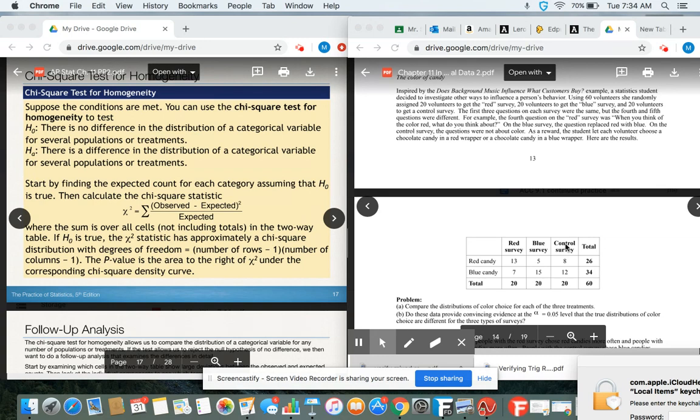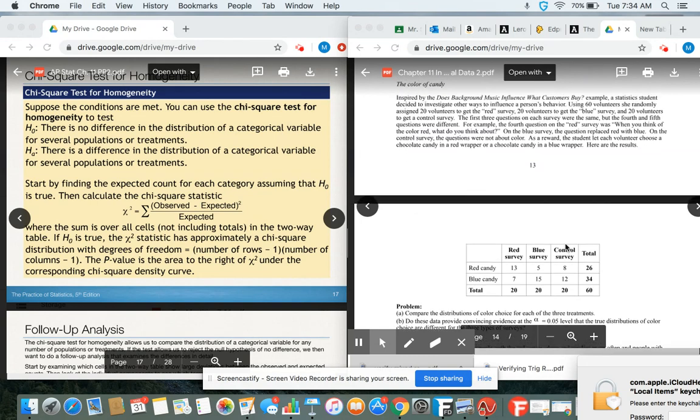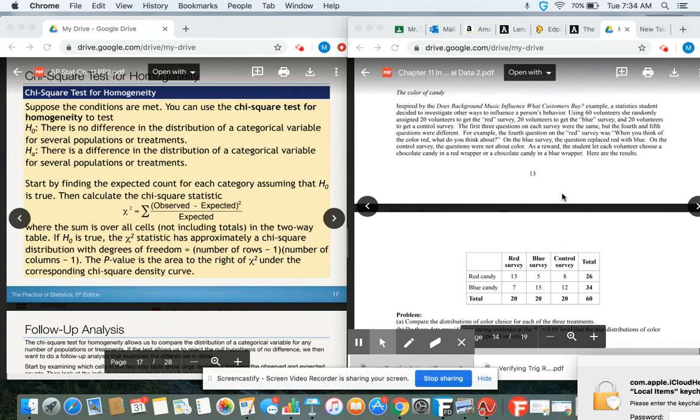All right. So to highlight chi-square test for homogeneity again, just want to make sure we're okay with this. Our HO and our HA, right? There's no difference in the distribution of a categorical variable for several populations or treatments. So chi-square test for homogeneity, we have multiple populations or treatments. We have one variable, okay? The example in our notes that we'll start with today is this one that's called the colorful candy. And the idea here is